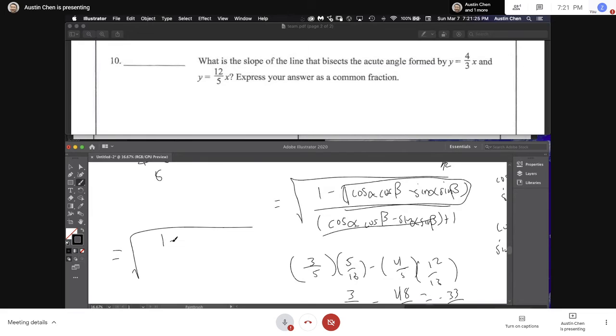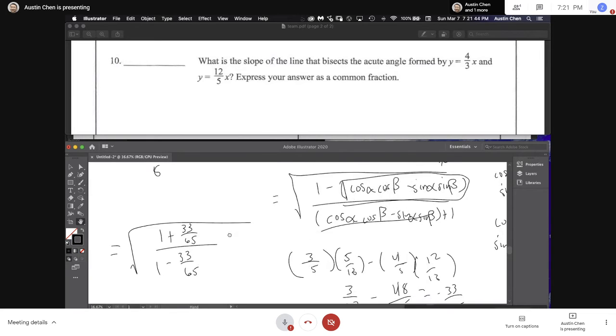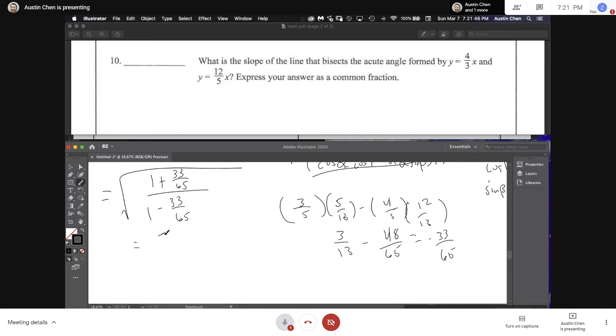So then we have 1 plus 33/65 over 1 minus 33/65. And then if you solve that and you take the root, then you get that this is going to be exactly 7/4. And that is how you can work this by hand. But clearly you can see,